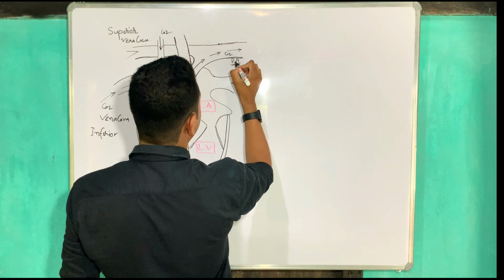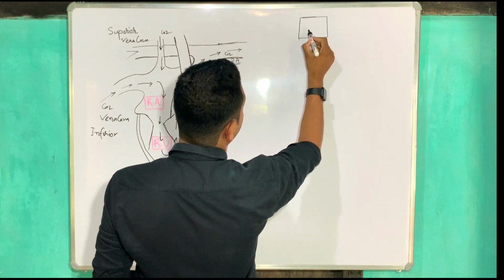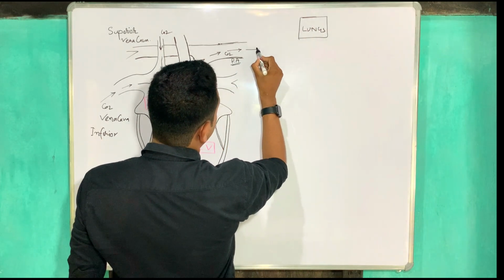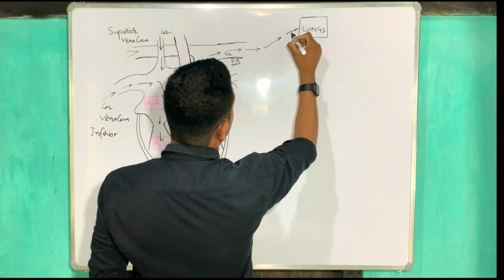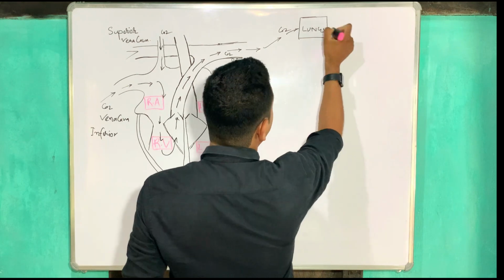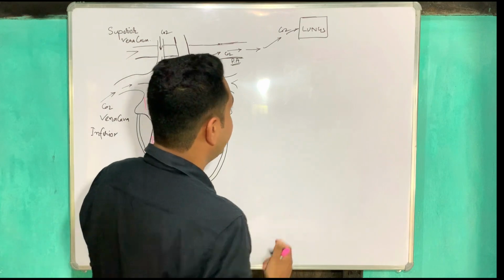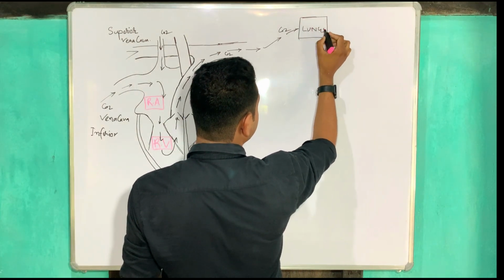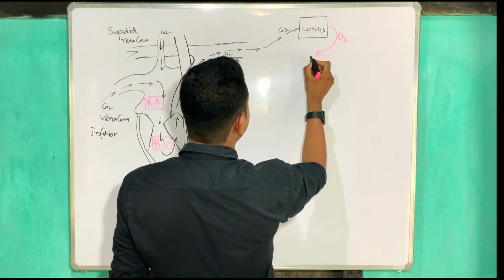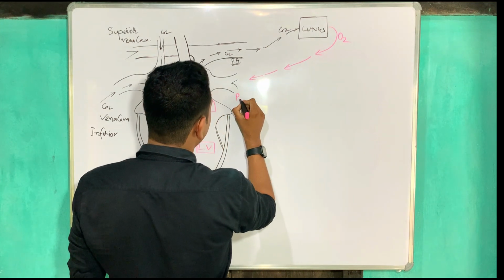So it is carrying what? Carbon dioxide. After that it will take this carbon dioxide to the lungs. Suppose this is the lungs. This carbon dioxide will be carried to the lungs through the pulmonary artery. As we know, the lungs are a place where the exchange of gases occurs. That is why it will give carbon dioxide to the lungs, and from the lungs it will take back oxygen. Clear? So this oxygen will come through what? The pulmonary vein.